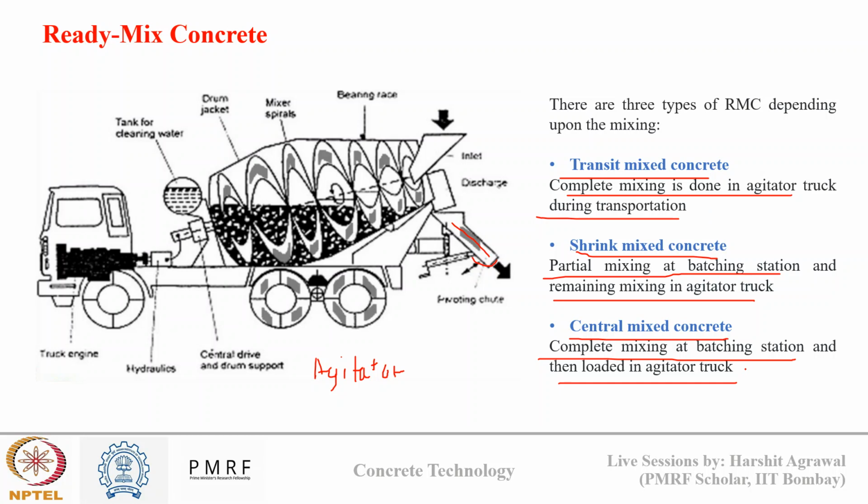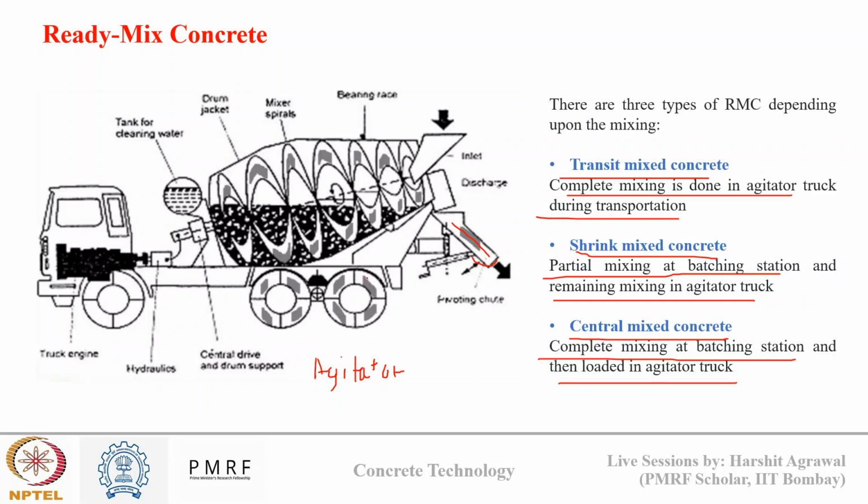So transit mix is used for long distance transportation for small to medium scale projects. Why? Because it offers some flexibility in mixing. Suppose on reaching the site, the engineer finds that the mix is stiff and not adequate in terms of workability, so SP can be added during the transit. That gives me the flexibility in my RMC.